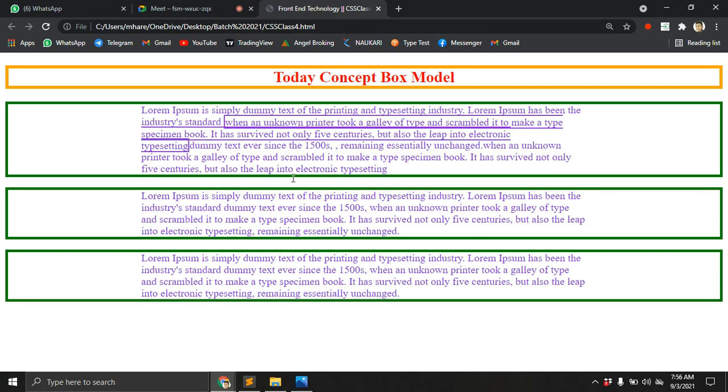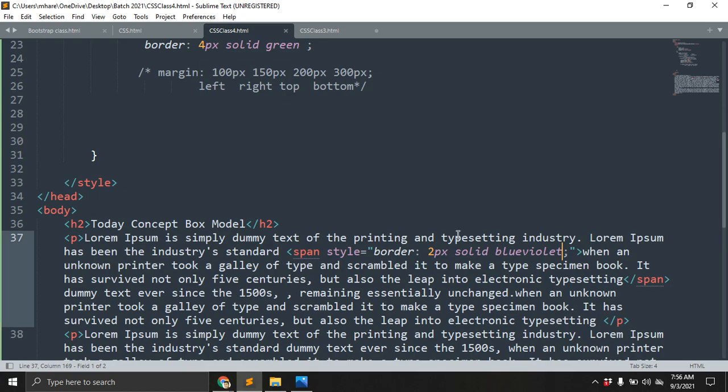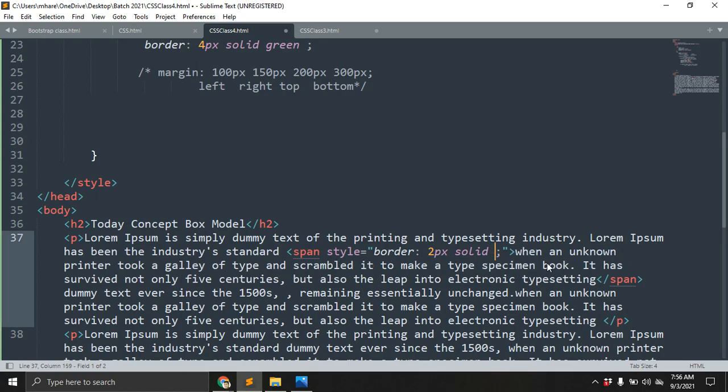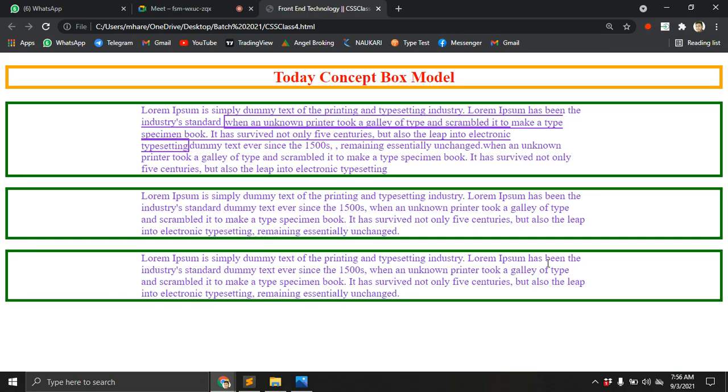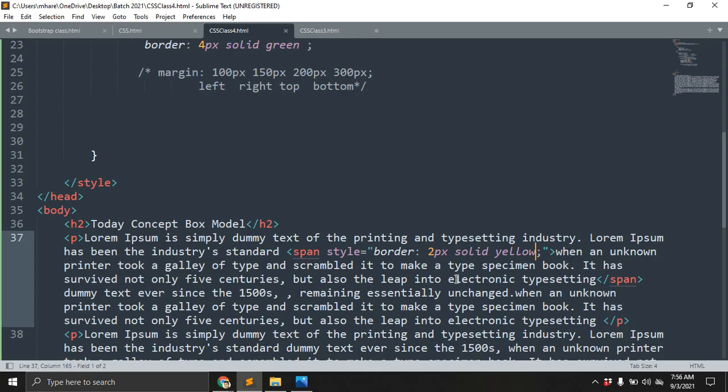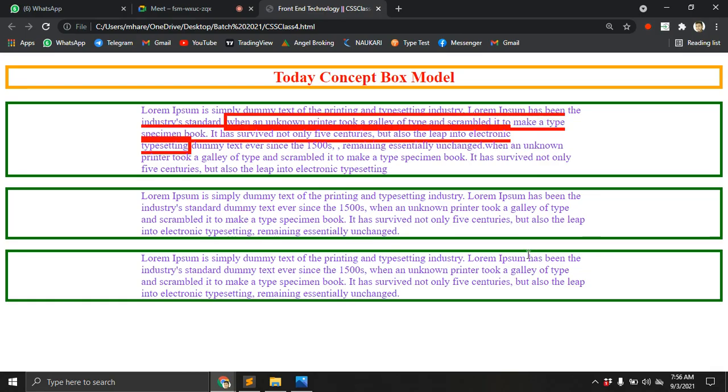You can see the color is already there. I want to give yellow, refresh. Now for the purpose of the function, I'm giving 5 pixels and I want a red color. Here is the output, inside the borders and outside the borders.